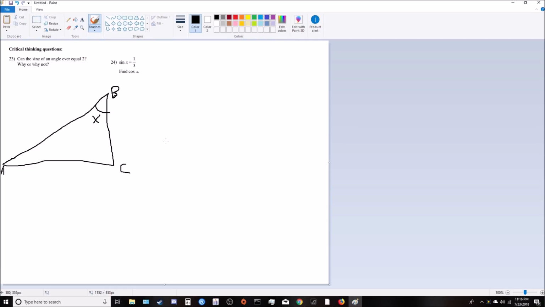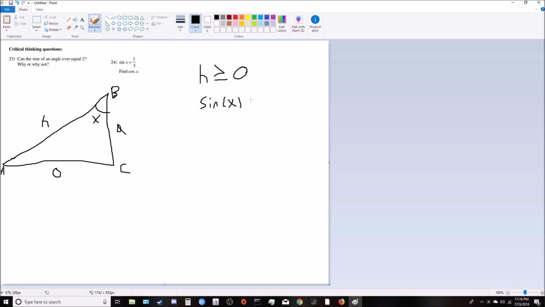And we know from geometry that the hypotenuse of a triangle is always going to be longer than either of the sides. So if we know that, let's call this opposite. Let's call this adjacent. Let's call this hypotenuse, just for clarity here. So if we know that the hypotenuse is always going to be greater than, or rather, it's always going to be greater than or equal to opposite, I'll get into that in a second, and by definition